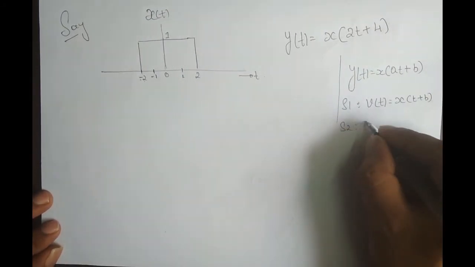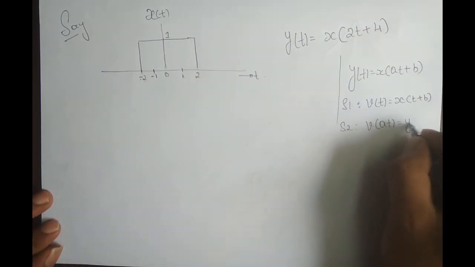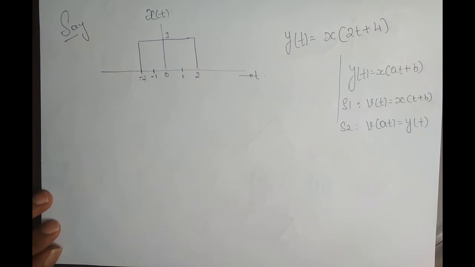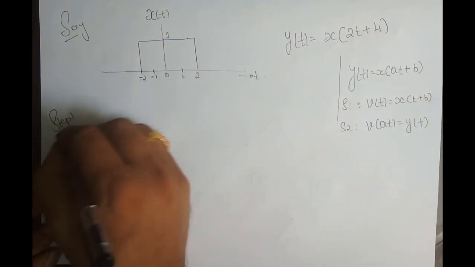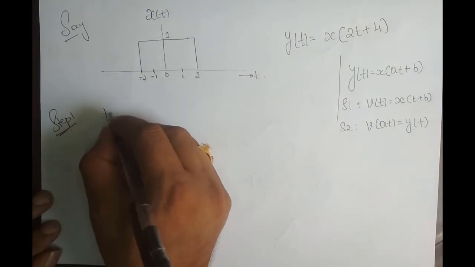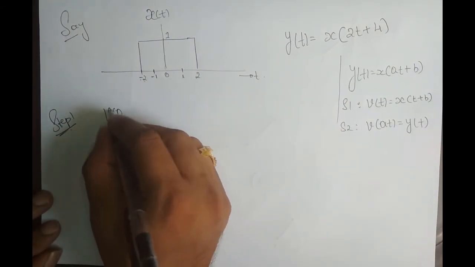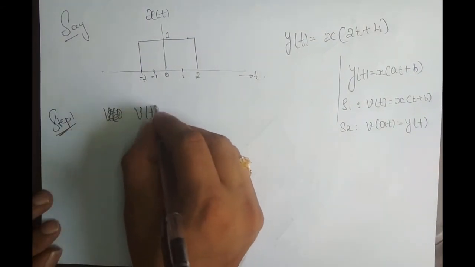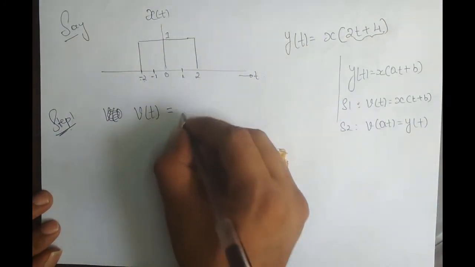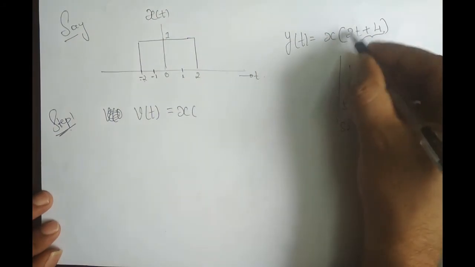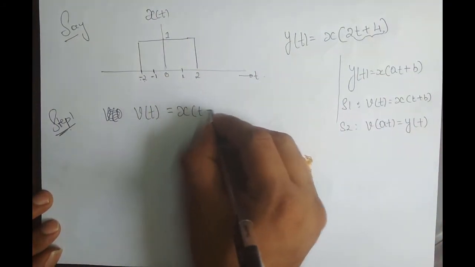Step 2 is I want to sketch v of at, and this v of at is our resultant signal y of t, right? So we'll do that. Step 1. I want to sketch an intermediate signal v of t, which involves only the time shift operation, which is x of, so ignore the scaling part, t plus 4,